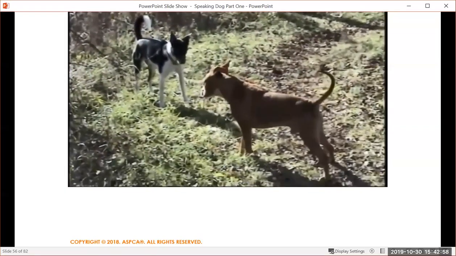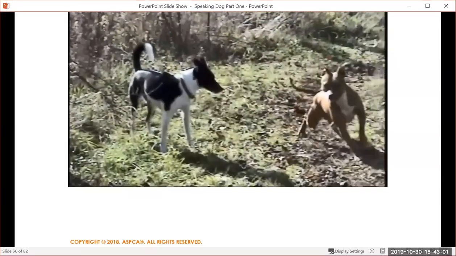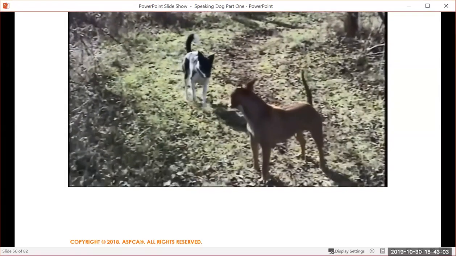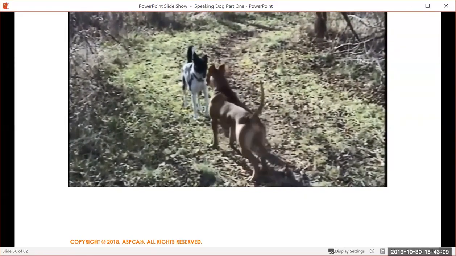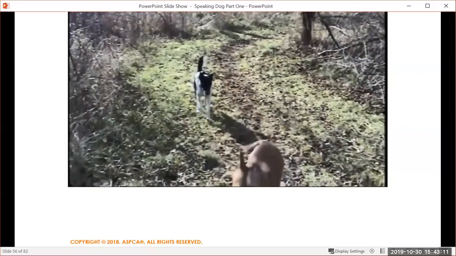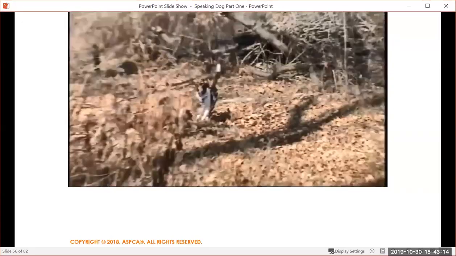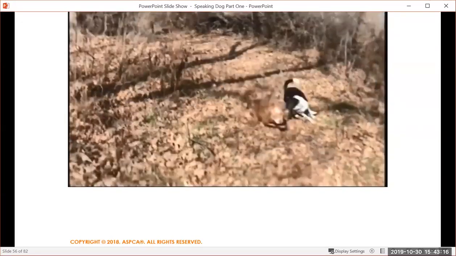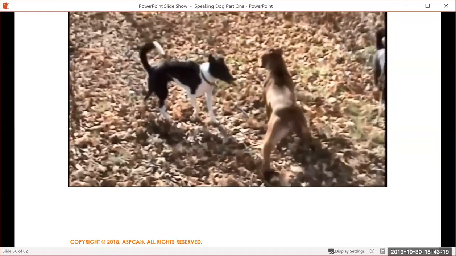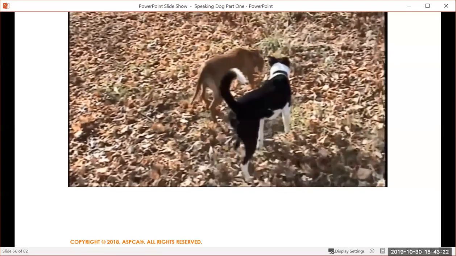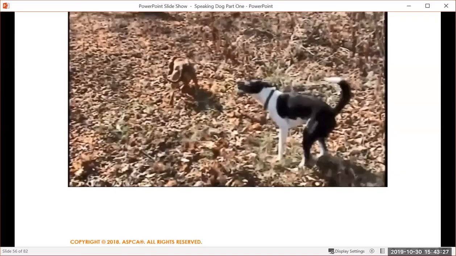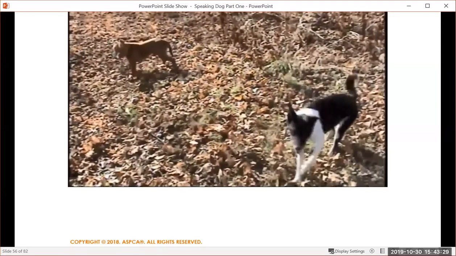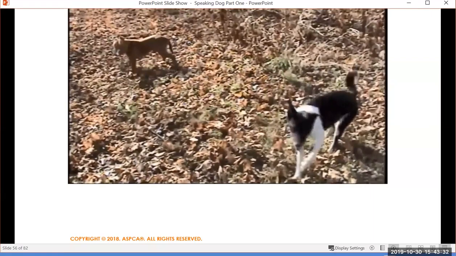So again, pit bull type dog is felicitous, submissive. Black and white dog showing much more confidence. And here you see that little fast wag. Even though his tail is upright, there's a little indication that he might be willing to be friendly. And then he closes his mouth. Dramatic differences in their body posture overall. Next slide.